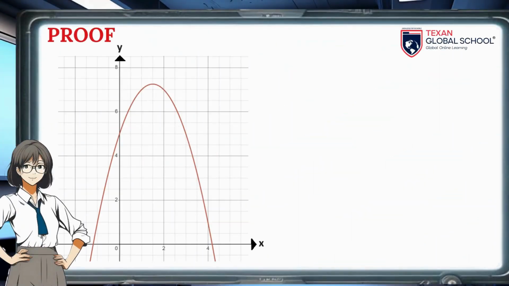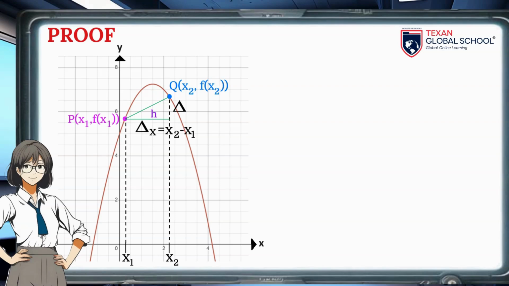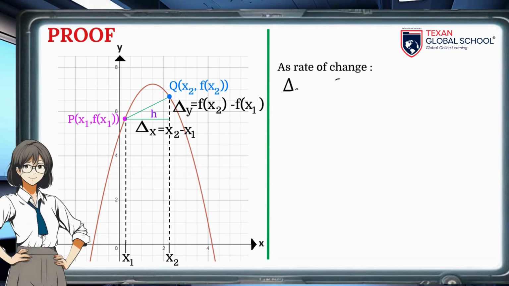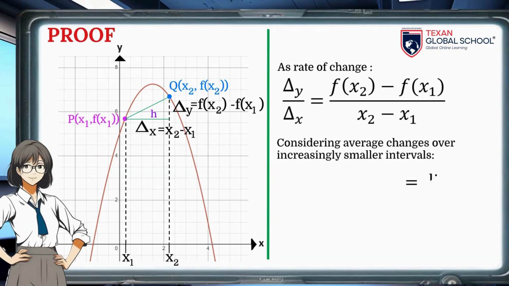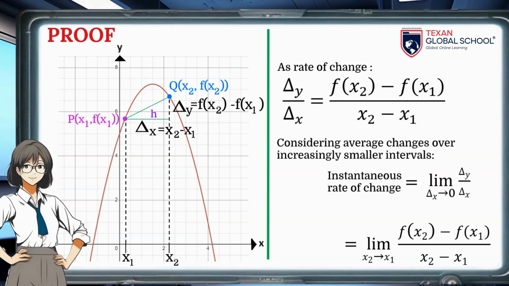The derivative of a function can also be interpreted as a rate of change or increase. Using the same function, we can express the delta distance x as the difference between x2 minus x1, and the delta distance y as the difference between f of x2 minus f of x1. When we perform the ratio to get the change between the distances, results f of x2 minus f of x1